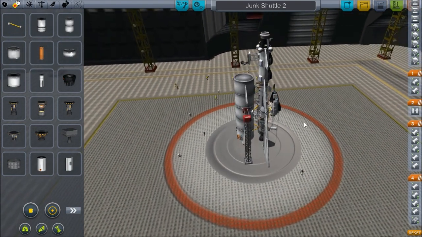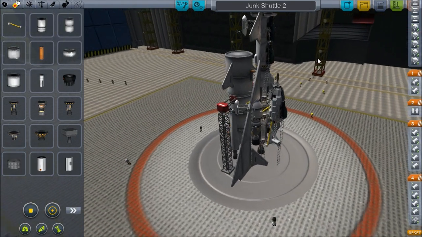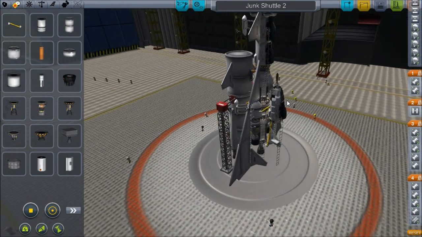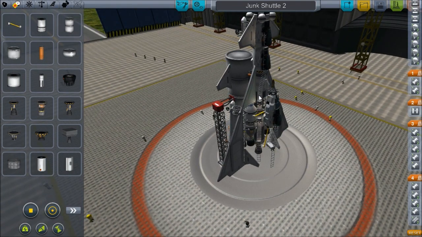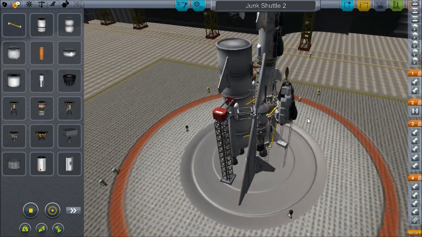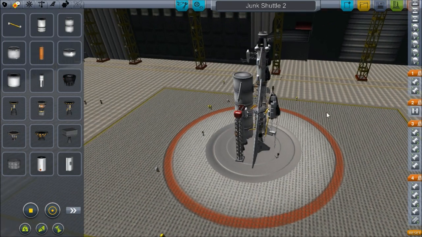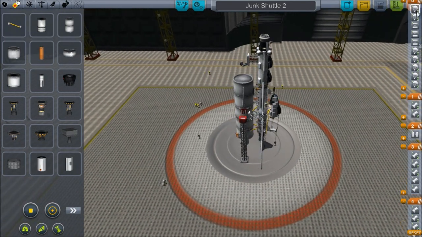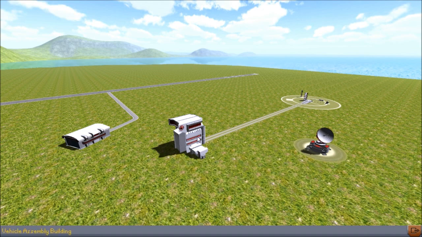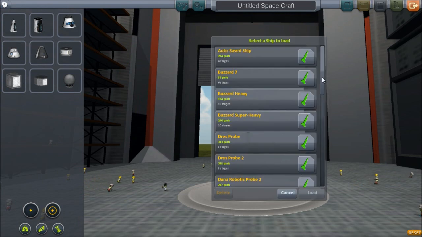But there was one small problem with this design, which is I call this the suicide seat, because when you try to abort, it does not detach from the rest of the aircraft, and so it just sort of goes plummeting down to the ground with the rest of the aircraft. But I do have a bunch of parachutes on there to try to slow its fall, in case that winds up being an issue. But I have the full version in the VAB. Let's see. Junk shuttle to...